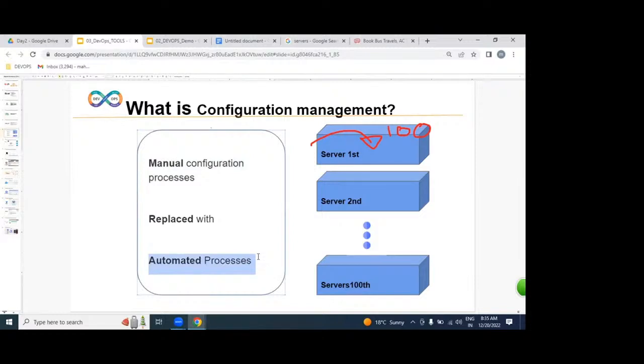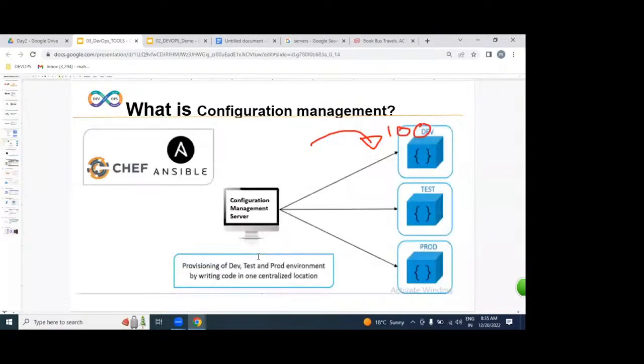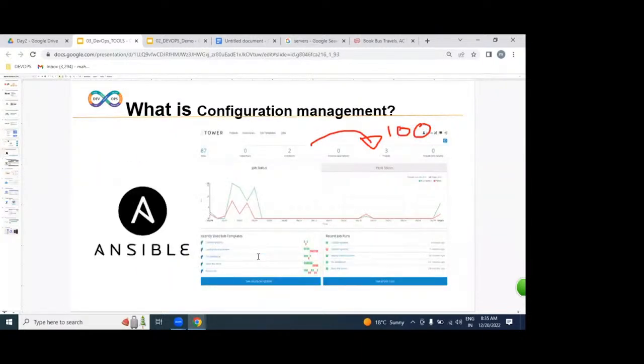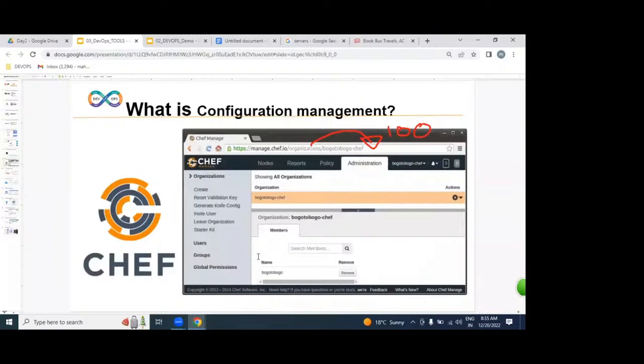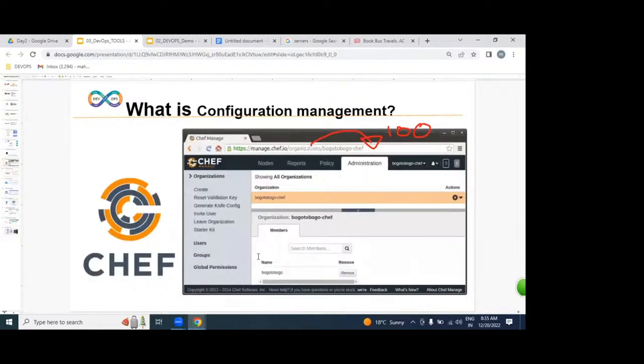That we are calling configuration. Configuration is nothing but a setup: installing, changing files, whatever. But which tools are we going to be using? Ansible and Chef. Ansible is a push model. Chef is a pull model. Understood very clearly. But if you want to automate on hundreds of servers,